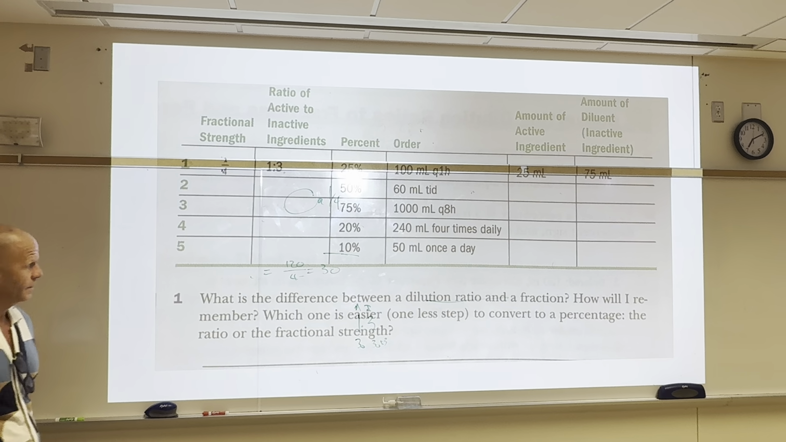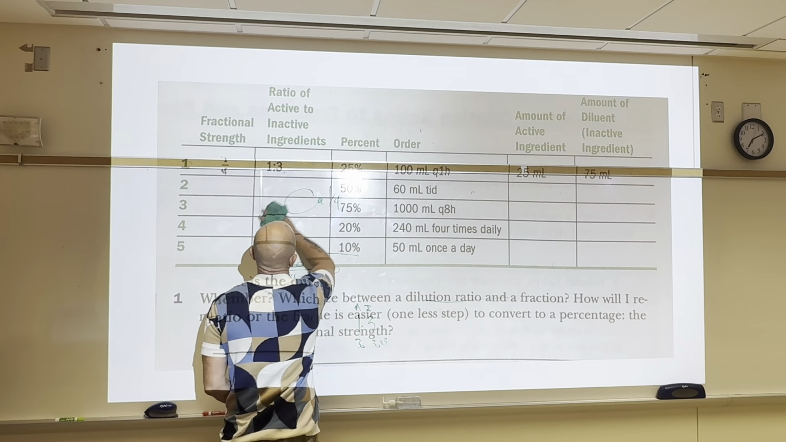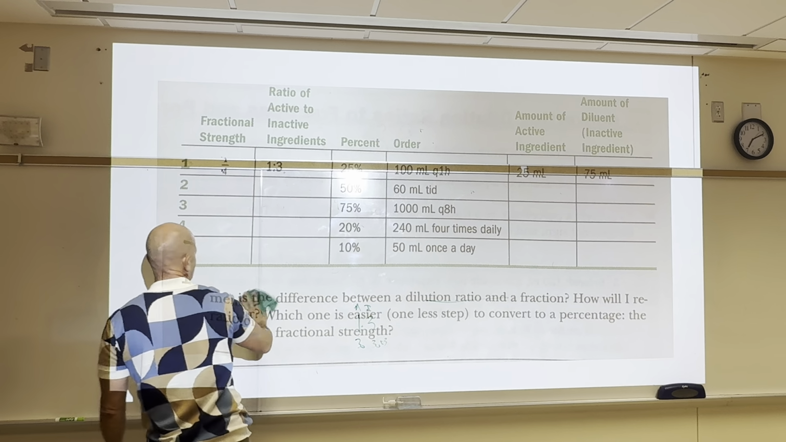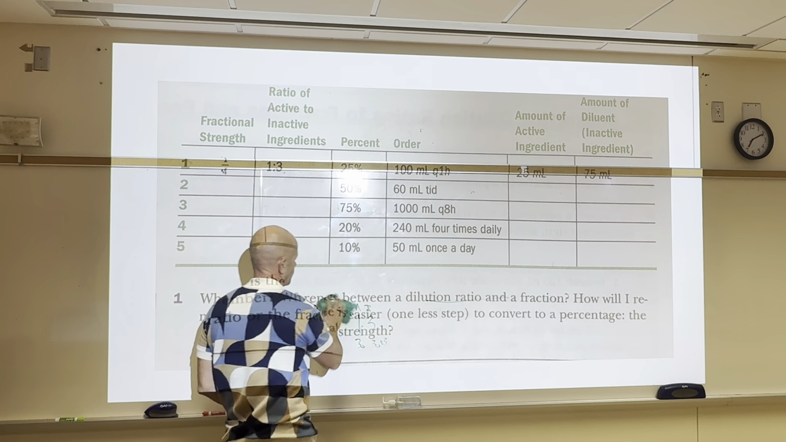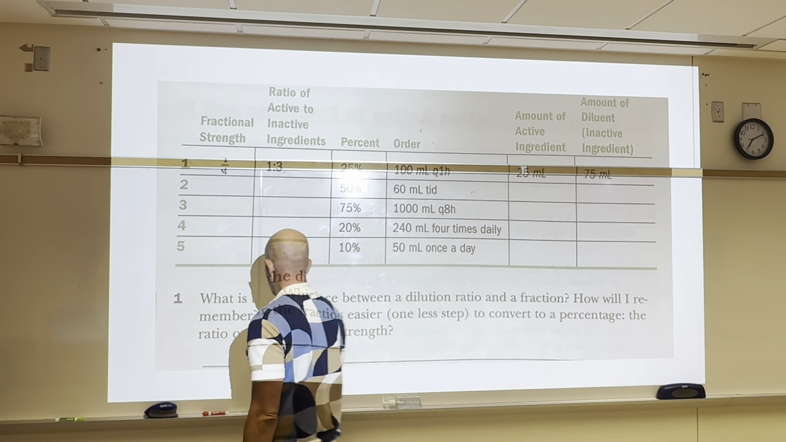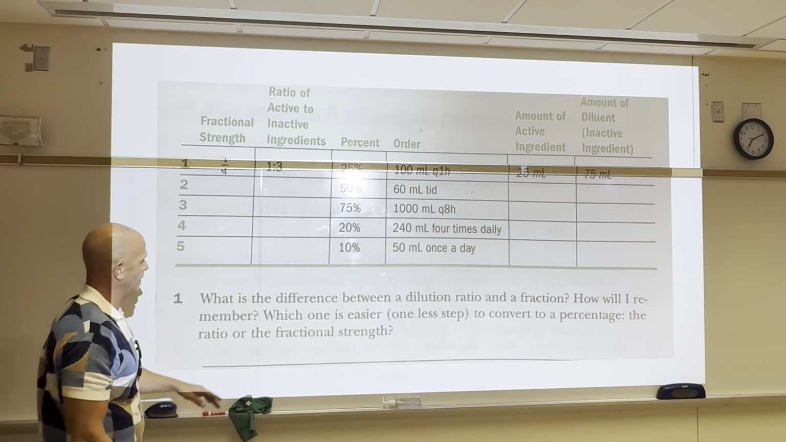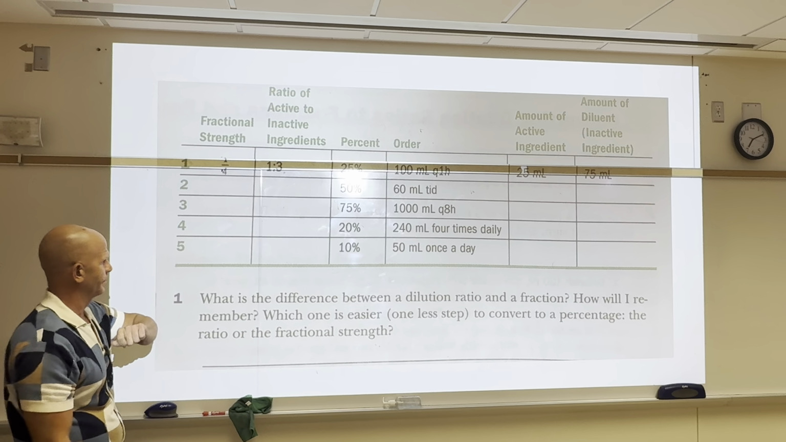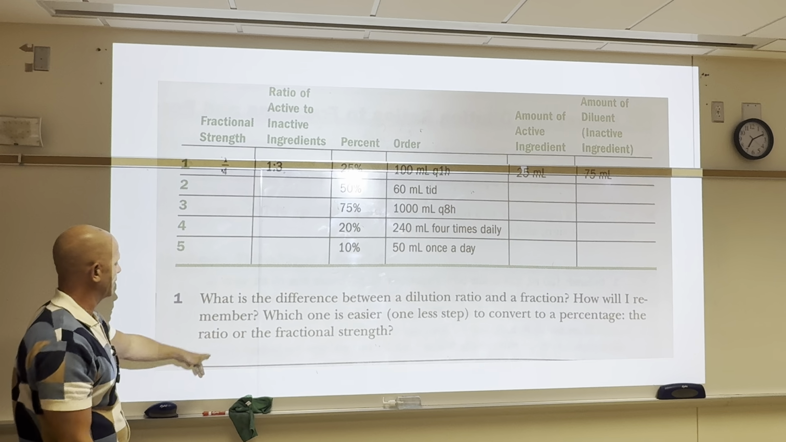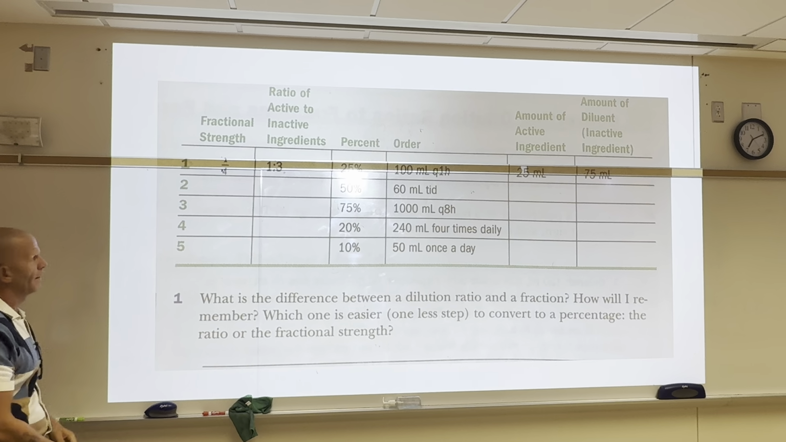All right. Let's get to this one. What is the difference between a dilution ratio and a fraction? How do I remember which one is easier? One less step to convert to a percentage, the ratio or the fraction, okay? So,